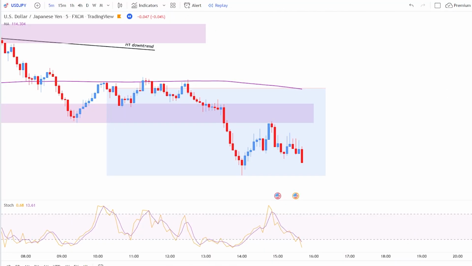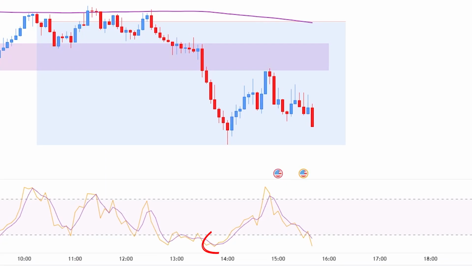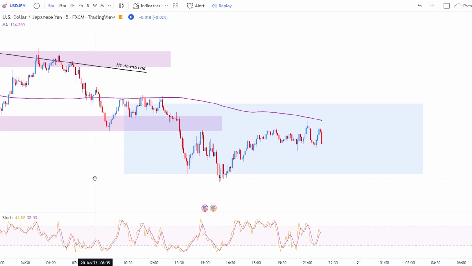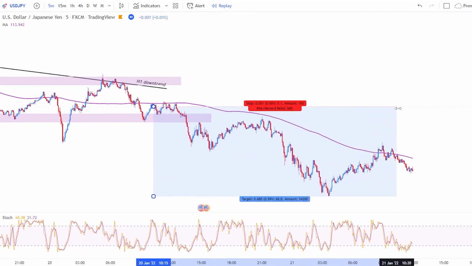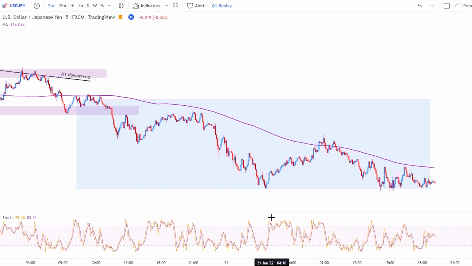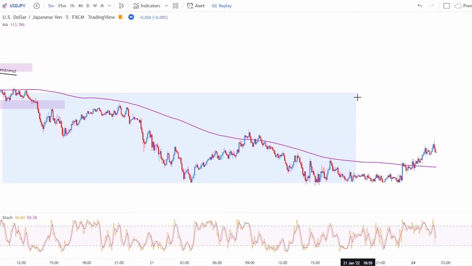So now, if you're looking to be super safe when using this 5-minute scalping strategy, you could potentially exit your trade over here as soon as you see a crossover below the 20 value on the stochastic indicator, or you can continue making profits by letting the trade run until it starts to trend to the upside, making higher highs and breaking the 200 moving average